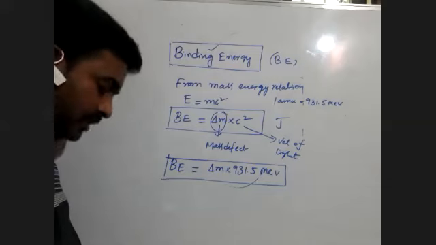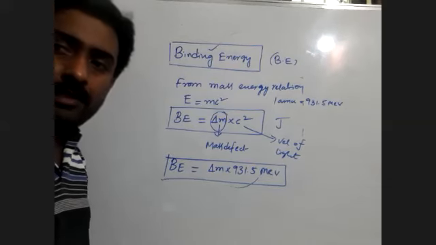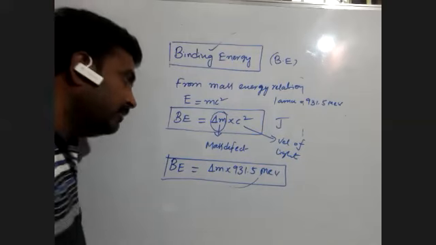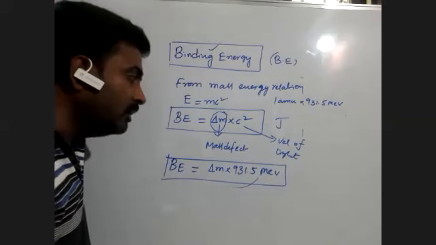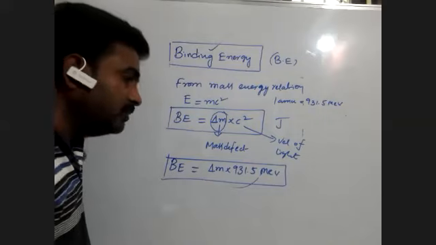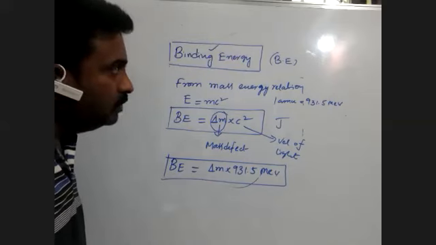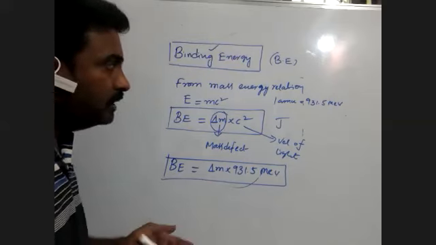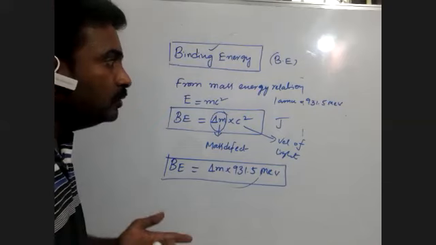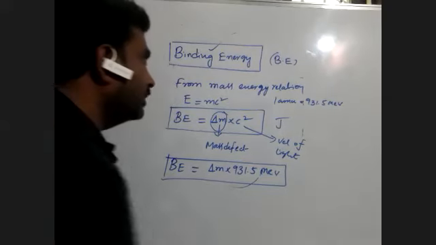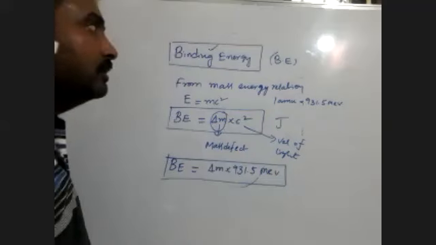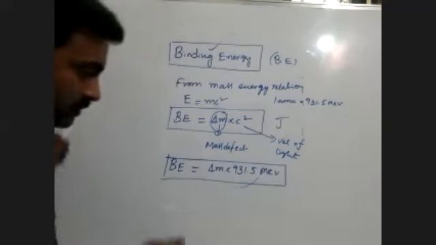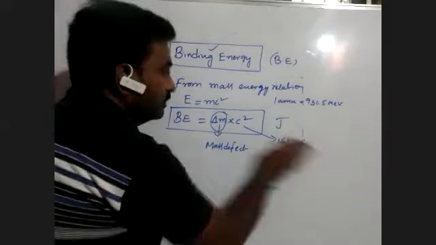So binding energy is nothing but the energy required to split the nucleus or break the nucleus into constituent particles. As well, we can say binding energy is also the energy required to hold all the nucleons together. If binding energy is more, then the nucleons will stay together within the nucleus. Now we will discuss two things after this, that is packing fraction and binding fraction. Why these two things? These two things will tell about the stability of the nucleus.